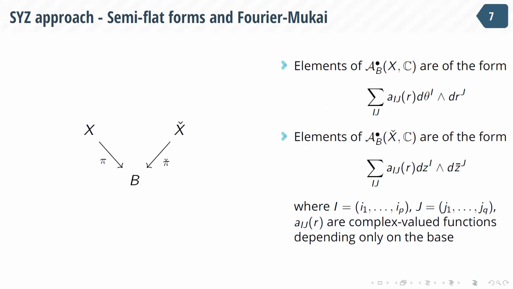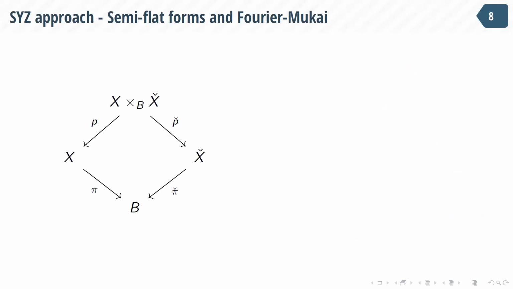So we are in a position to define the main tool that realizes the correspondence between the two manifolds, and this is the Fourier-Mukai transform. So we can first form the fiber product of the two manifolds X and X check over the base B,